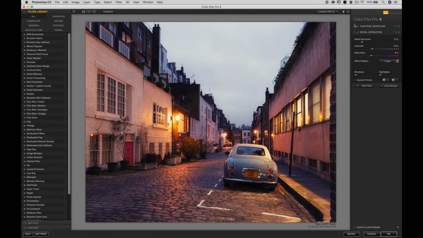you click on recipes or as you click on filters, you can turn them on and off. So if I move to the right side into our filter stack and I click on the toggle button to the left of the label in the filter stack, I can see what this filter is doing. In this case, the Film Effects Nostalgic is the stylistic powerhouse, if you will, of this particular stack of filters. Here's the before and here's the after, and you can see it's doing the bulk of the